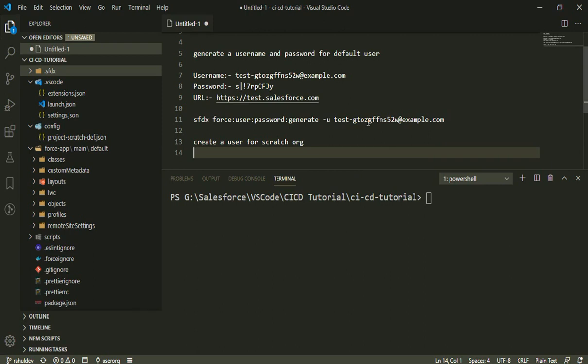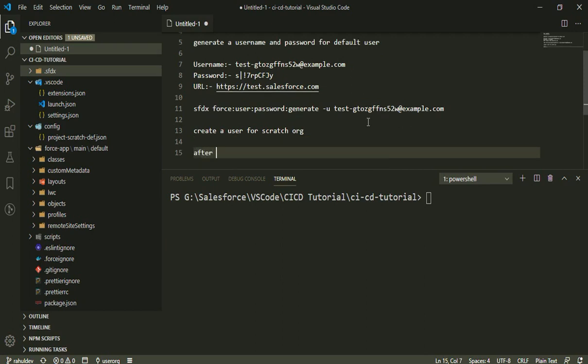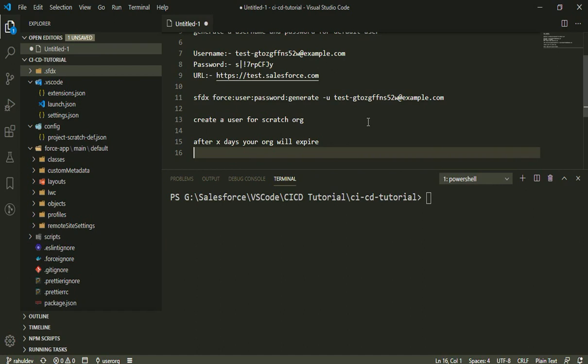But when we are dealing with scratch orgs, we actually need to shift to a new scratch org after some time. The maximum limit you can specify for a scratch org is 30 days, because after 30 days, your scratch org will expire. Or if you have specified a limit of a certain number of days, let's say after X days, your org will expire. So after my org is expired, and let's say I had about 3 users in my org, how can I actually shift the users to a different scratch org, because I don't want to create users again and again manually.